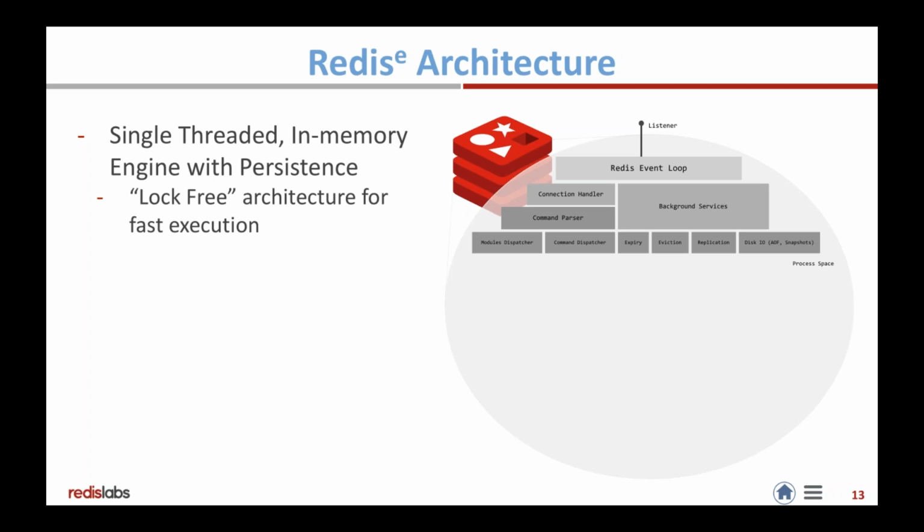Now, what I will describe here at the top level is not very different from the open source Redis architecture. The shard that you see is a single-threaded engine. Redis is a lock-free architecture. It's built around a Redis event loop. So essentially, through the listener, all the events land in Redis shard. There is a path where if you're executing a data operation, like you're setting a key or adding elements to